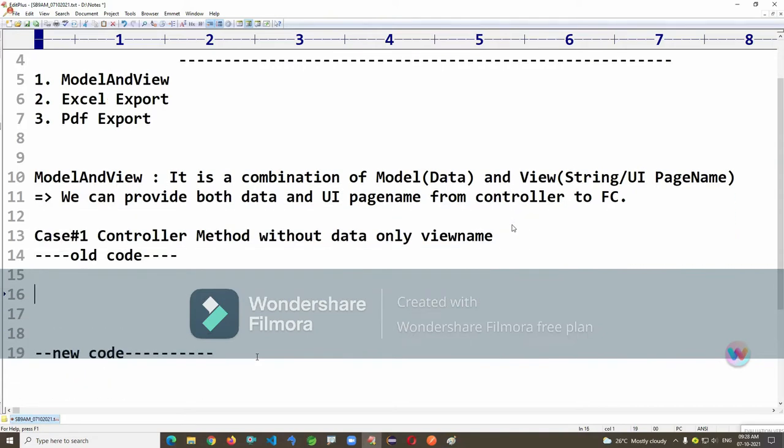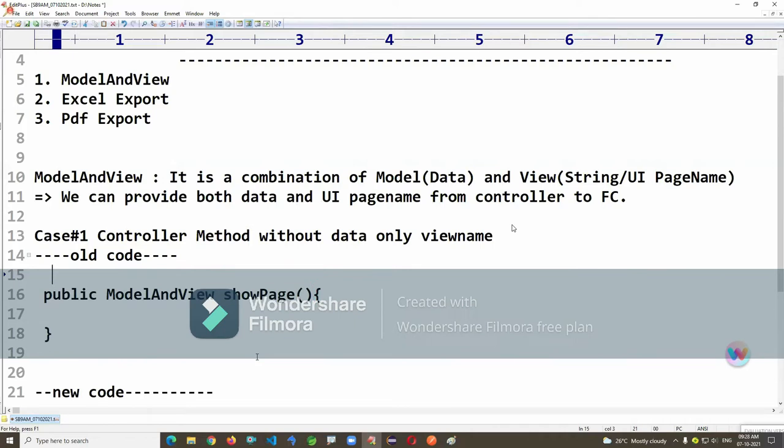So the controller method, directly I'm writing the method here. Public, return type is ModelAndView, showPage. Something like GetMapping and PostMapping we used to write here. I'm just writing the controller method directly here, /show. Now here we need to create the ModelAndView object: ModelAndView m = new ModelAndView.